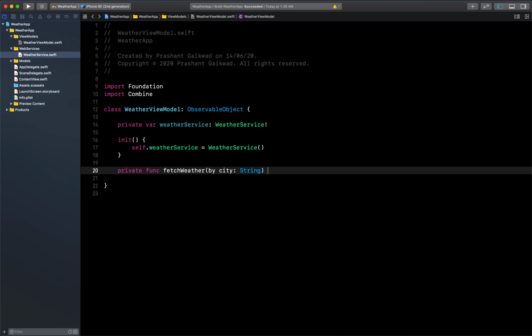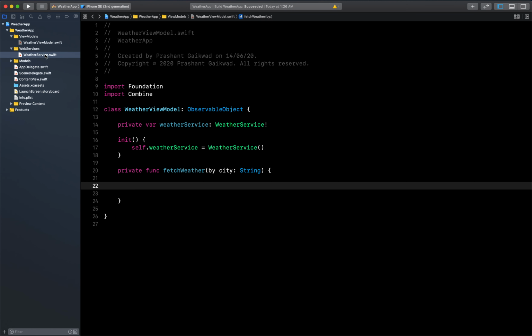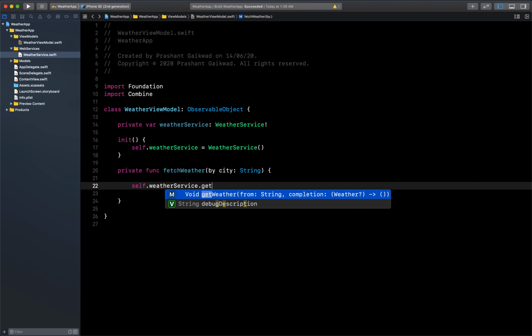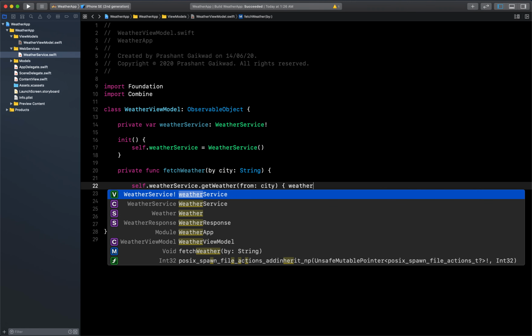Okay, so now inside this we need to call our main API function using this weather service variable, weatherService.getWeather. Now we have to get the weather using the city name, so let's pass that here, city, and the completion handler we can write like this, where it will return us the weather.